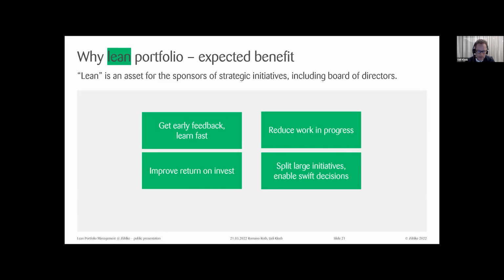The second was we wanted to also reduce work in progress. We had many initiatives that were just stuck, and still they consumed some energy because you always thought, okay, I have to make progress, but actually you didn't. So too many things in parallel. The third